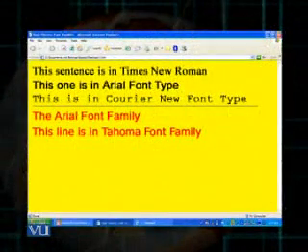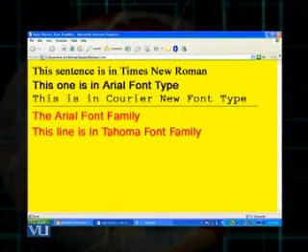There is another useful property specified in the style sheets, and that is font family property. So using this font family property, we can specify different font types that we want to apply to our text. There is an example before you in which I have used the style classes, and I have also used the inline style method with the help of div tag to create such a result for you.